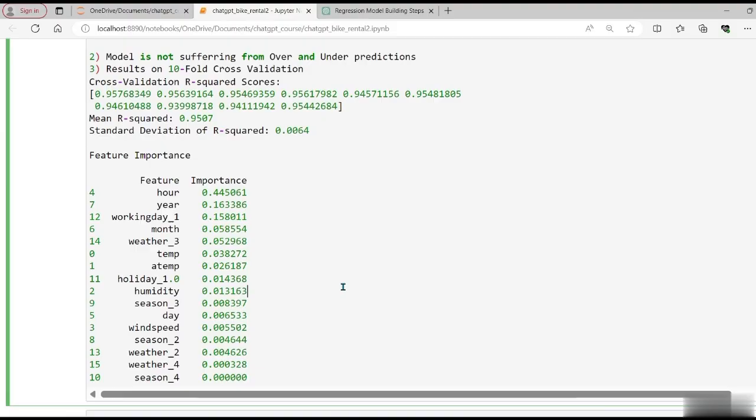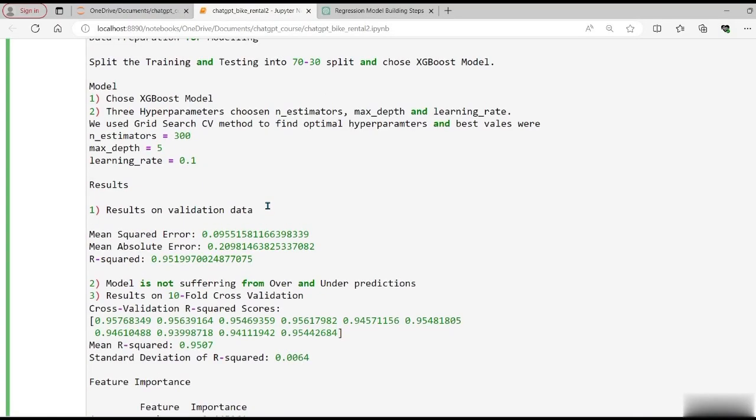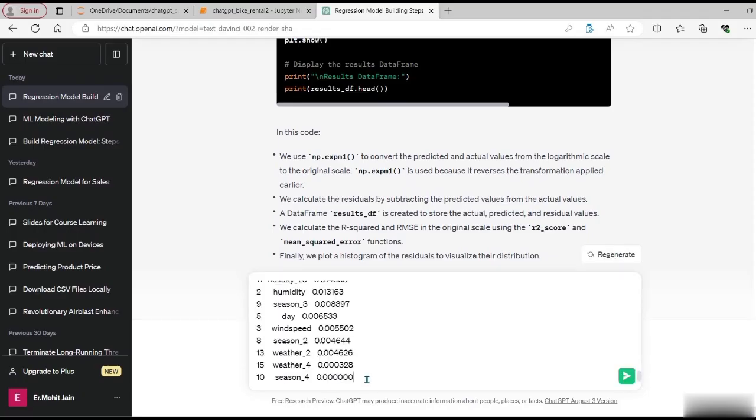So the next step we are planning to do is to copy all those things and paste them into ChatGPT, and we are going to ask ChatGPT to write a 3-page report outlining some of the important things. And let's see what are some of the things ChatGPT will suggest in this 3-page report. So let's copy this part and go to ChatGPT, copy here, and let's tell ChatGPT to write a 3-page report.